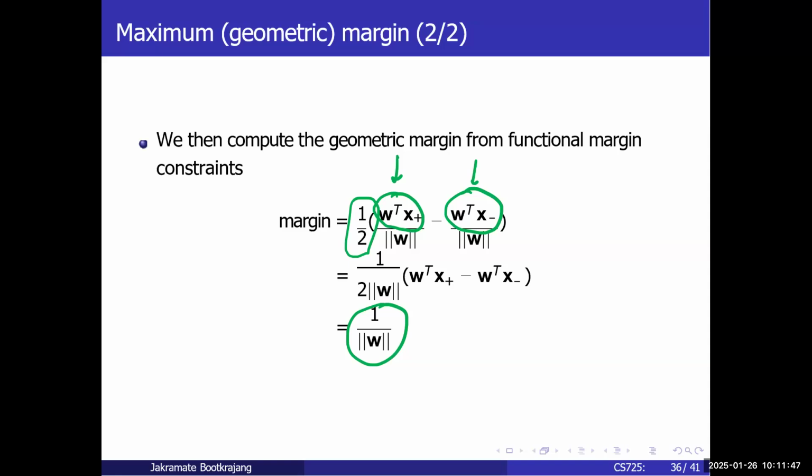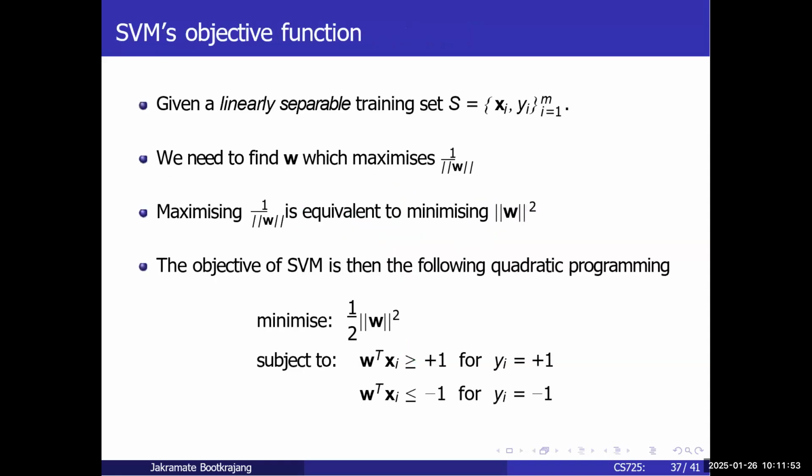We have to be able to introduce more constraints, right? So we need to find W that maximizes this, right? And not only that we want to maximize this, we also have this condition